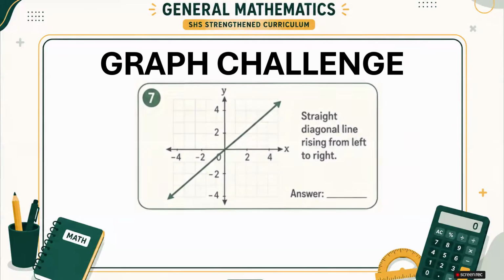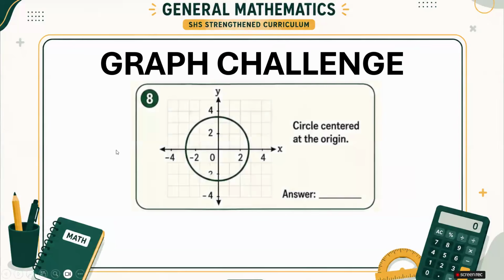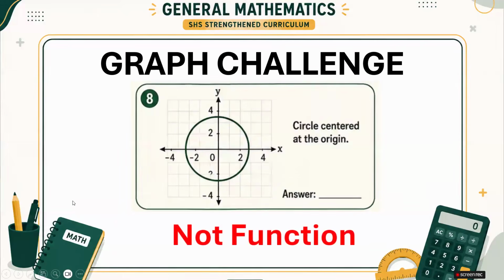So let us proceed with this activity. Please pause this video if you're having difficulty trying to figure it out. What we're going to do is draw multiple vertical lines. Obviously, this passes the test. So this is considered a function. For the next problem, did it pass the test? Look at this one. The vertical line touches the graph more than once. So this is obviously not a function.